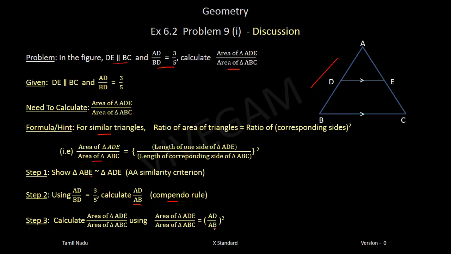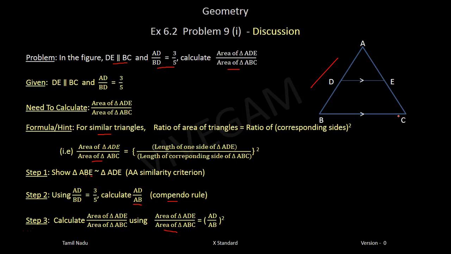So using that value you will be able to calculate the right hand side. Once the right hand side is done, you are getting the value of the left hand side which is required in the problem to solve. You got it? So first step is to prove these triangles, the smaller triangle ADE and the bigger triangle ABC